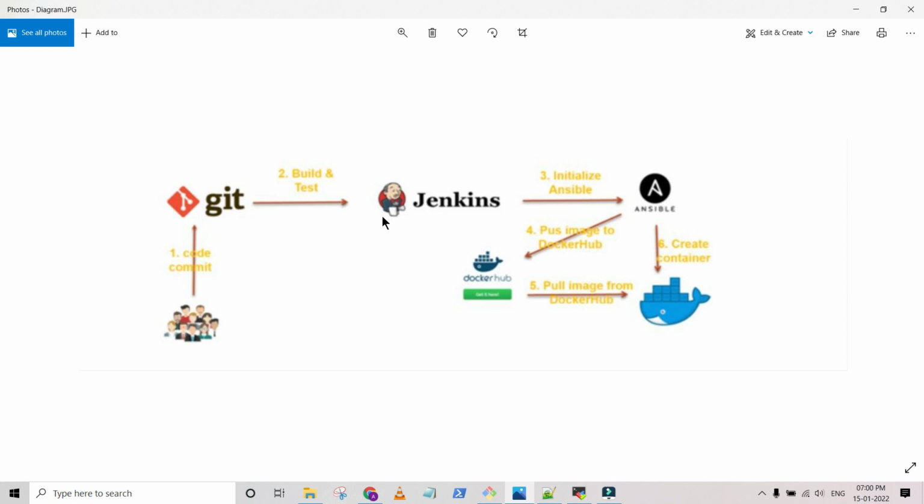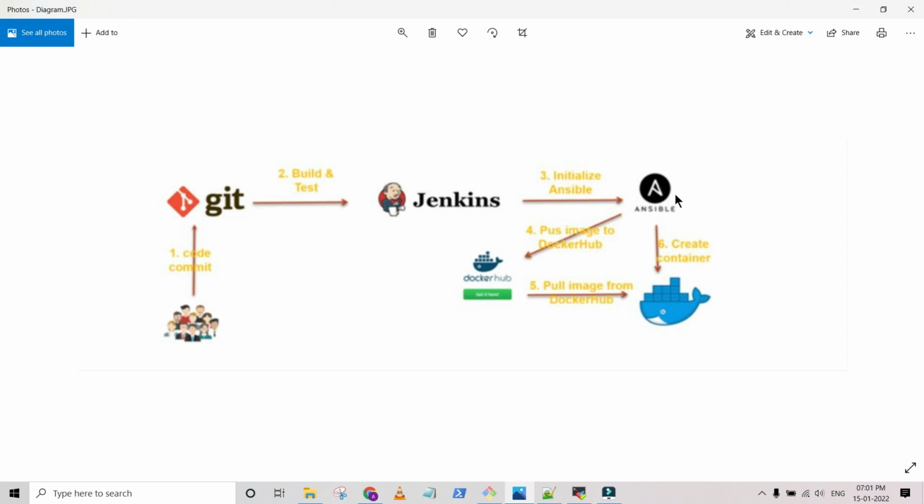and using Maven, it starts building the application and moves the artifacts to the Ansible machine. There we have a Dockerfile available, and the war file that is transferred by Jenkins to the Ansible server. Using the Ansible command that we are going to integrate with Jenkins, it will prepare the image out of the Dockerfile and move that image to Docker Hub. Before moving, it is also doing the stuff related to tagging so that